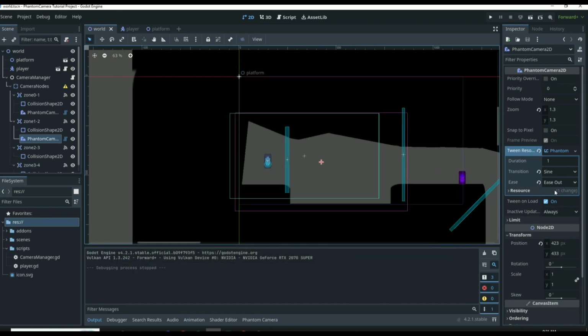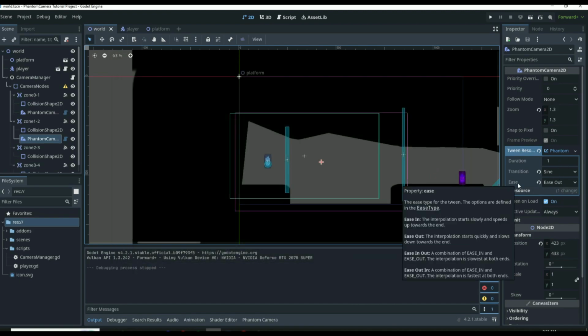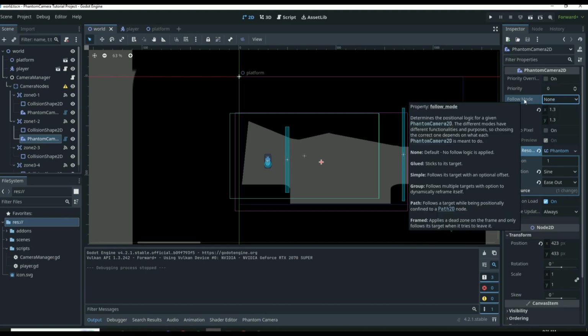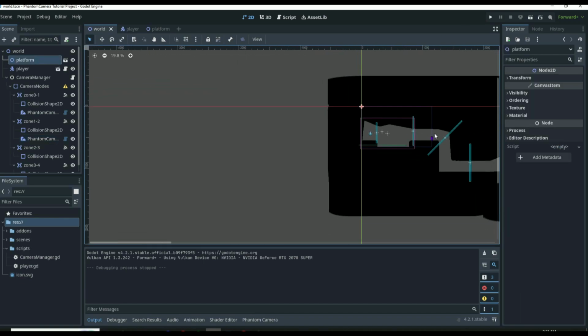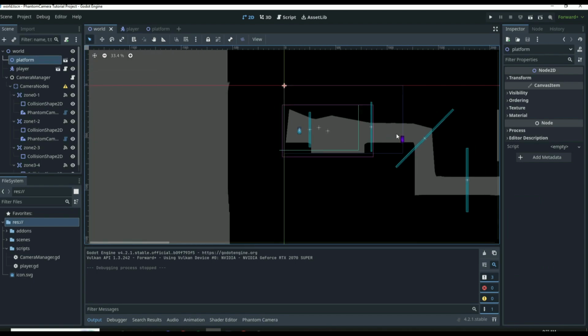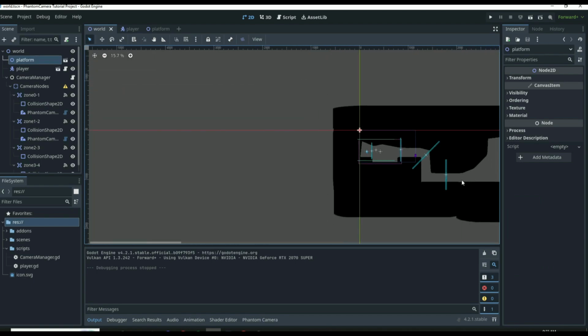But you can go around and play with all these different settings here. This is just the tween between the transitions. So you can change all that how you would like it. Of course, we have the follow mode up here, which is how we can follow our player. But I'm going to go over that once we get to the camera down here in zone 5. So let's create the camera for this zone, and then we'll create the camera for